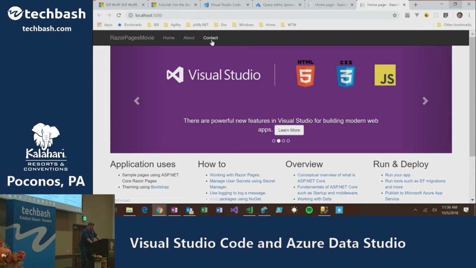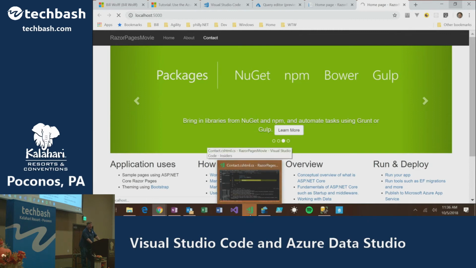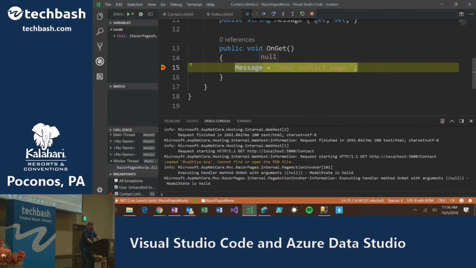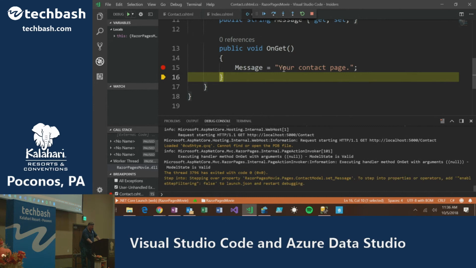When I click on the contact page, notice how Visual Studio Code blinks, just like Visual Studio would. And when you click on that, it'll actually show you you're in the debugger, and you can go in here, you can see the value of this. If I step one line, you'll see that message is now equal to something, and we could go in and play around with this and change the value and all.